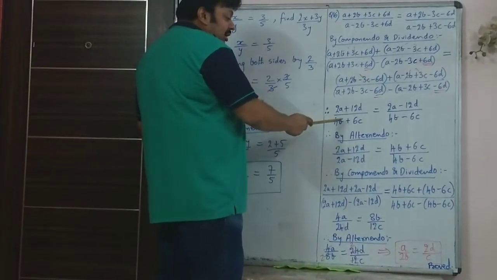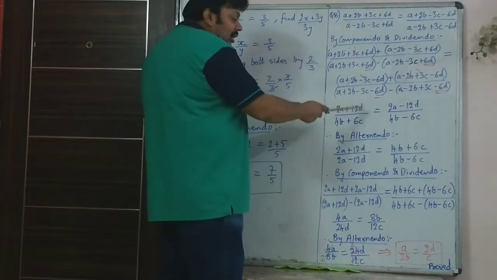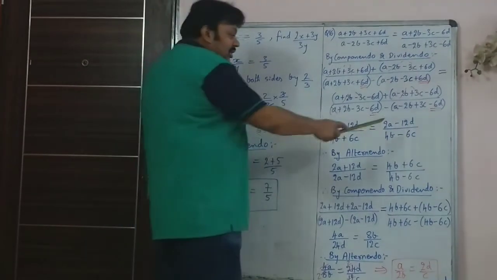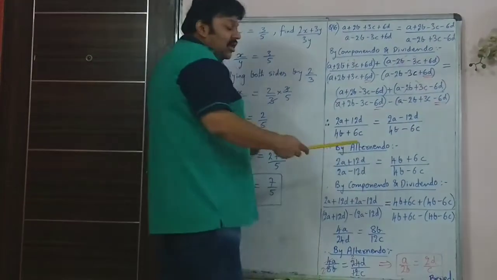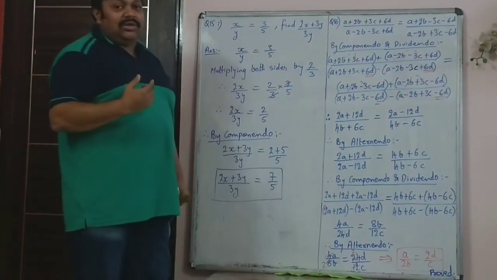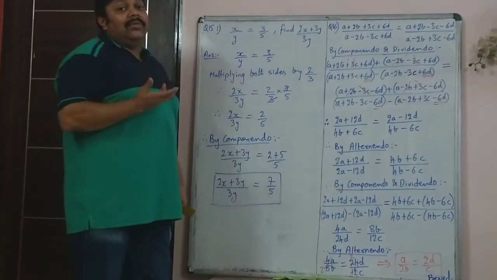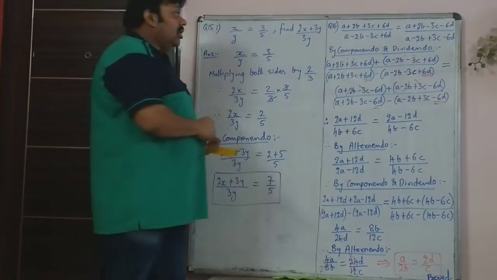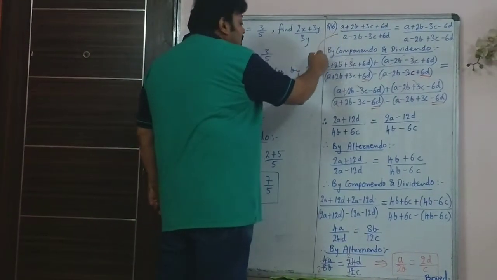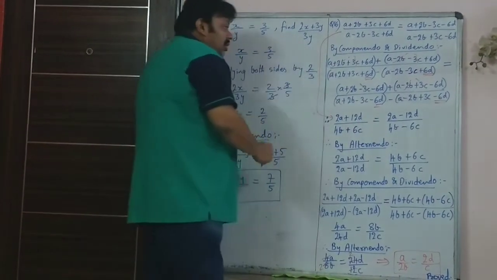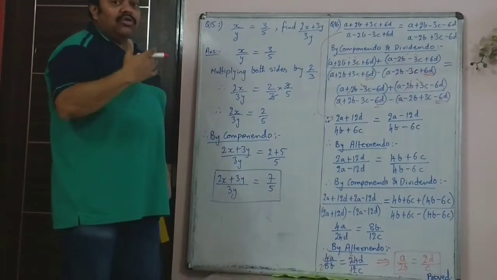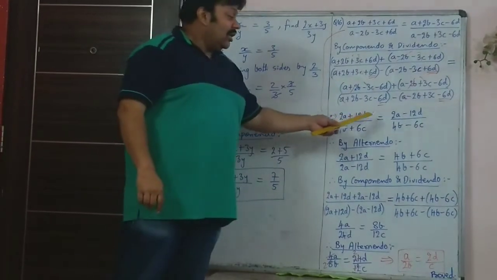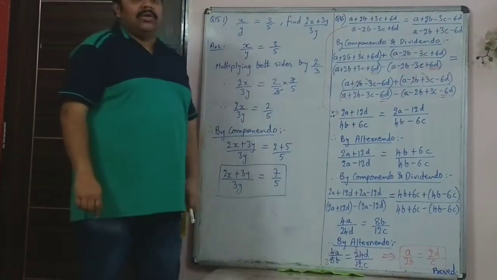So now when you look at this, you look here. This is A, B, B, C. You can't do any componendo dividendo, it doesn't make sense. Now this is A, D, B, C. Again you can do componendo dividendo, it doesn't make any sense. Because you will not be able to reduce it and simplify it to less number of terms. Here there were 4 terms, here there are 2 terms. Now you are making the ratio smaller and smaller, the number of terms. So now you have to make it 1 term on numerator and 1 term on denominator.